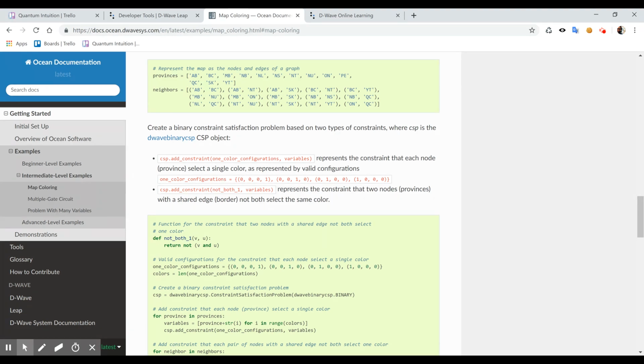Then we move on to create a binary constraint satisfaction problem. Good. So that's where the interesting part comes in. CSP. Okay, so we add a constraint called one color configurations. It represents a constraint that each node selects a single color. Okay, that makes sense, right? So basically each,